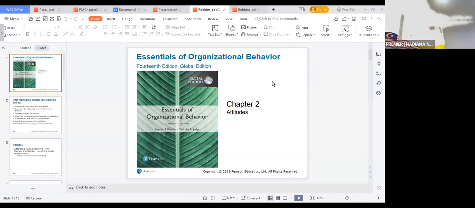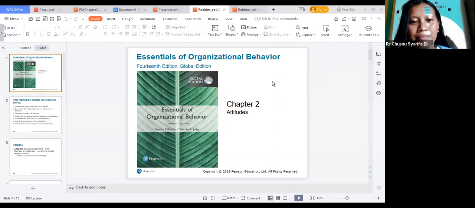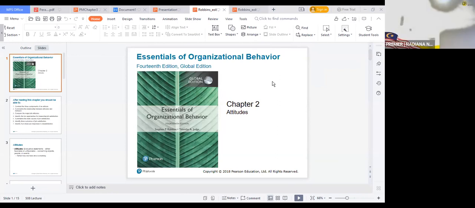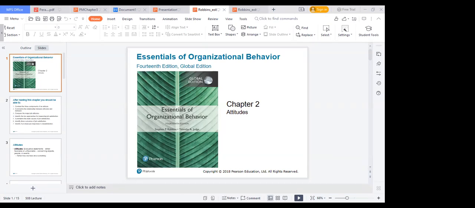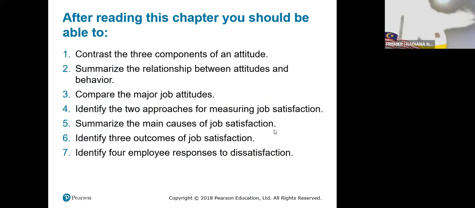Okay, we continue our lecture regarding organizational behavior. This is a very important chapter. Chapter 2 covers attitude. In OB, attitude plays an important role in organization. Okay, what is attitude? After we finish this lecture, the student will know